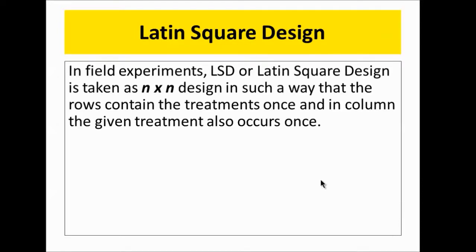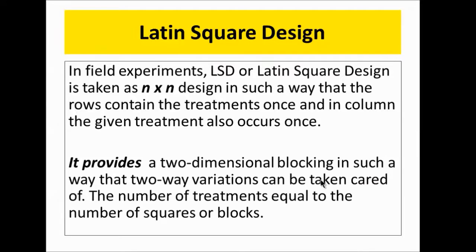In conducting field experiments, the use of LSD or Latin square design is taken as an N by N design in such a way that the rows contain the treatments once, and in each column the given treatment also occurs once. It provides a two-dimensional blocking in such a way that two-way variations can be taken care of, meaning the bidirectional